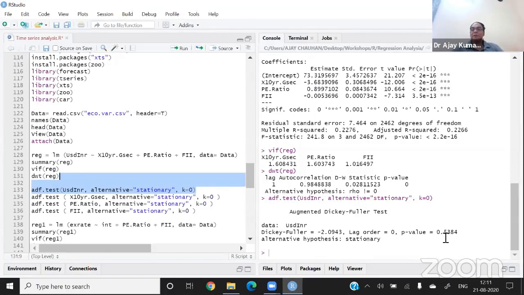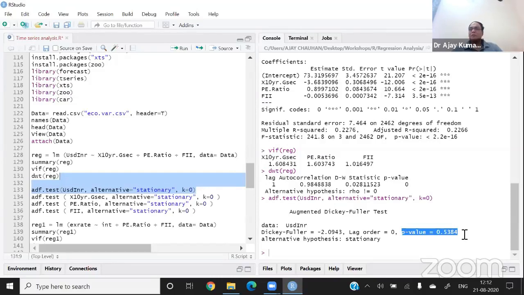As I said, the null hypothesis of the Dickey-Fuller test is that the series is non-stationary, or the series is a random walk, and here the probability value is found to be 0.5853, which is greater than the 5% level of significance. Because the p-value is higher than the 5% level of significance, it means the series is actually non-stationary. So we are getting a nonsense regression model.